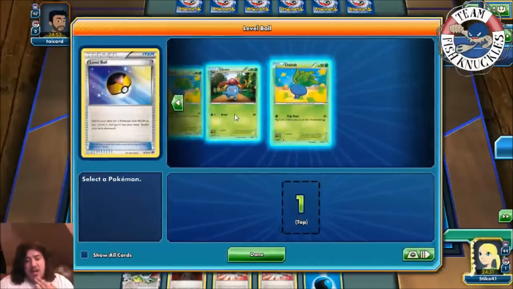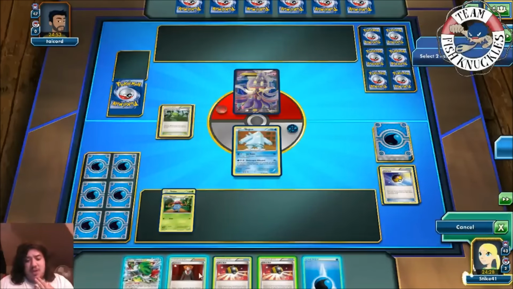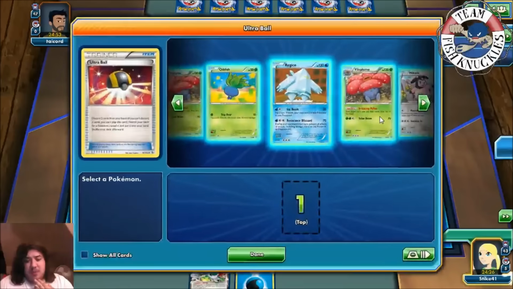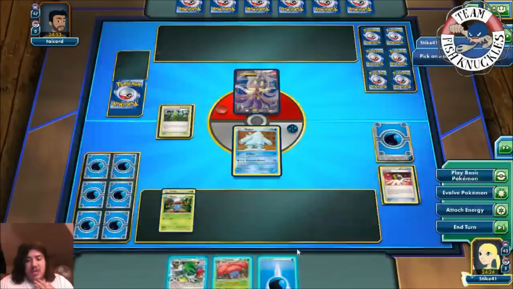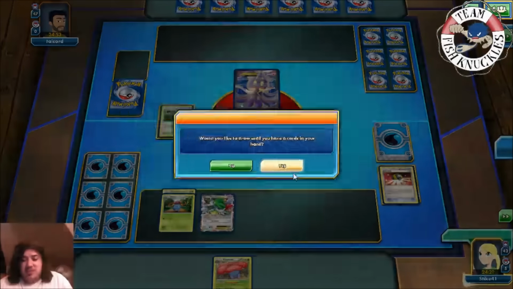Ultra Ball here. We got the turn 1 Vileplume. That's great. To get the Gloom, we'll put down the Gloom. Ultra Ball these 2 away. And here we'll get a Vileplume. We'll put down the Water Energy. And I'm actually going to Shaman first and then play the Vileplume